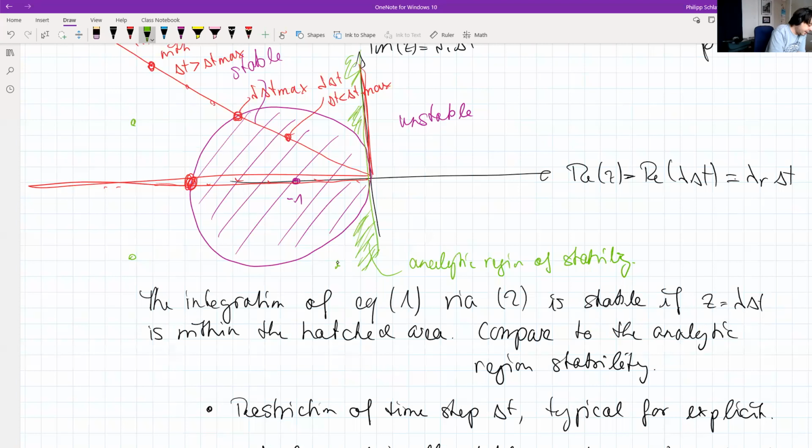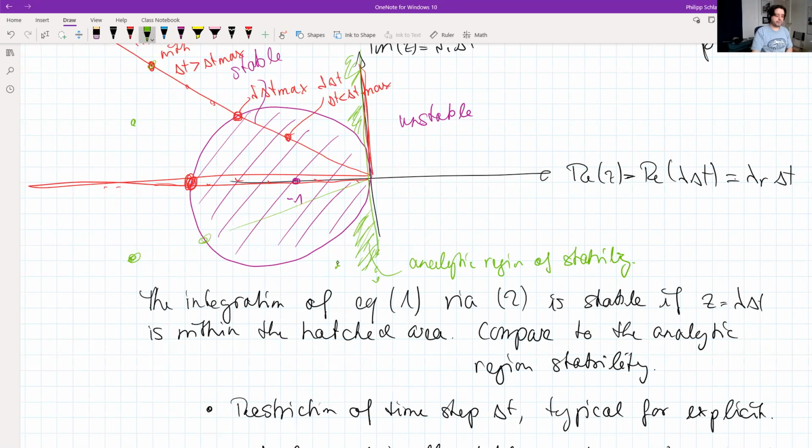What you have to do then is to essentially make the time step smaller, as I indicated here. So if you have this point, you just need to rescale it such that it actually ends up in the circle. But this is not always possible because points that lie exactly here on the imaginary axis, you can only rescale to 0, and time integrating with a time step of 0 doesn't really help very much because